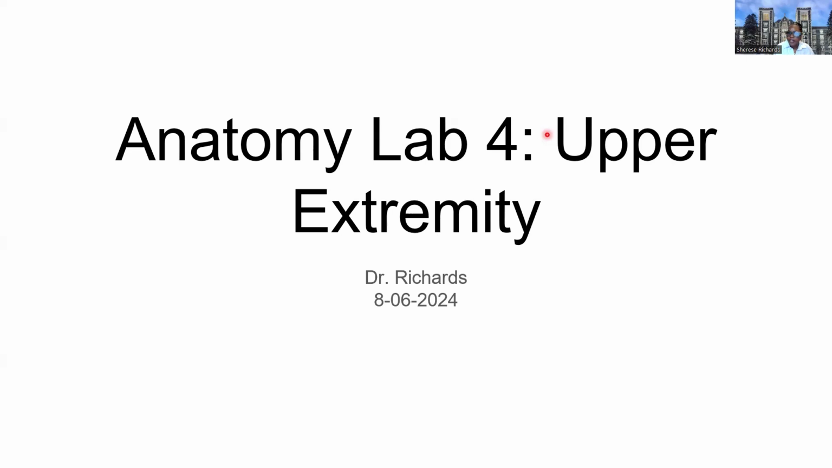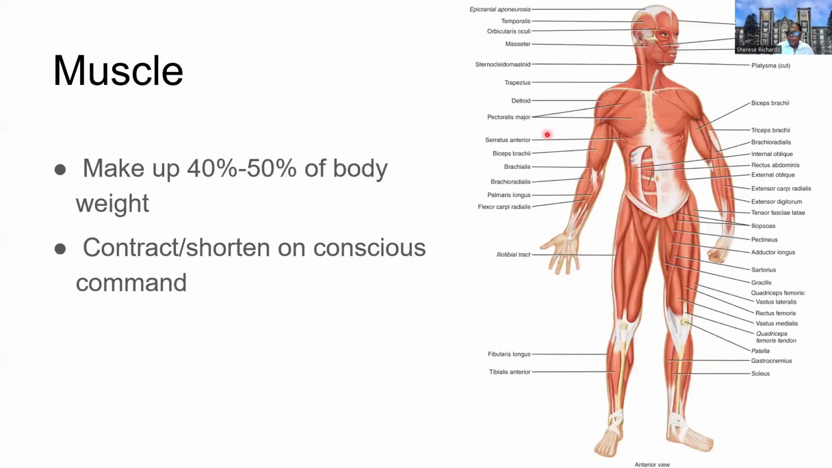Start week 4 here. This is the upper extremity. And we're talking about the muscles, the arteries, nerves, and veins. And then we're going to end off by looking at some of the joints and the ligaments that help to secure those joints. So starting off with muscle, muscle makes up about 40 to 50% of the total body weight,